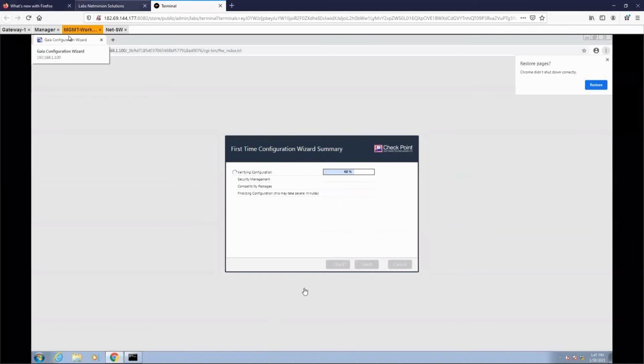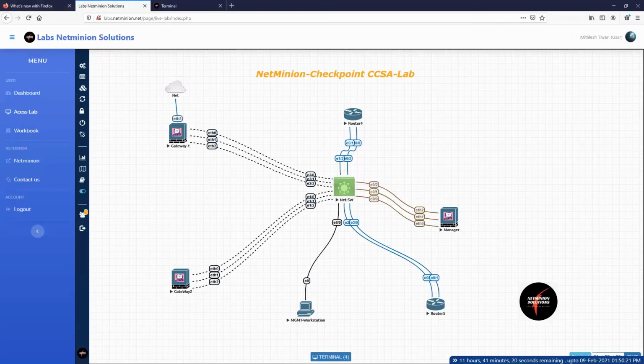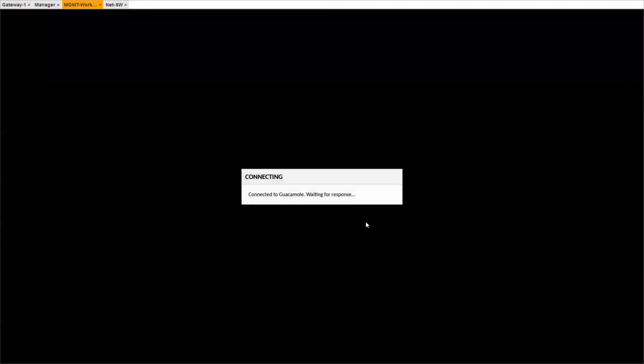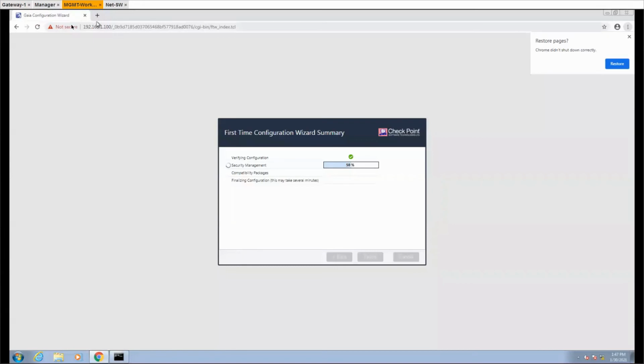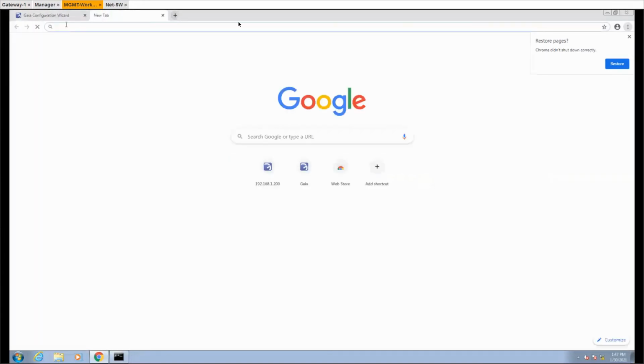Now, since the management is installing, let me try to access the gateway. Now management is being installed, and now we will try to access the gateway. For the gateway, we have chosen another IP. Let's access this over HTTPS.